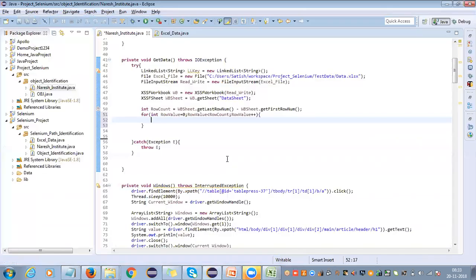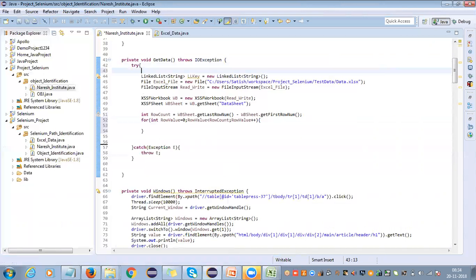So for you to get the column size, means number of columns, how many columns are there, you need to do like, so for this column name I'm making it as an instance variable. int columnSize equals to 0. I'm just initializing it. Column size equals to,